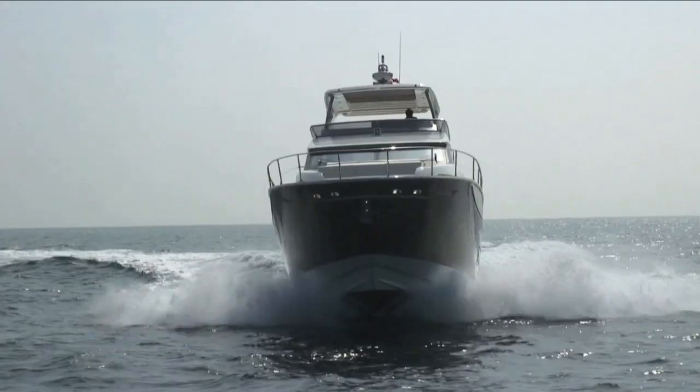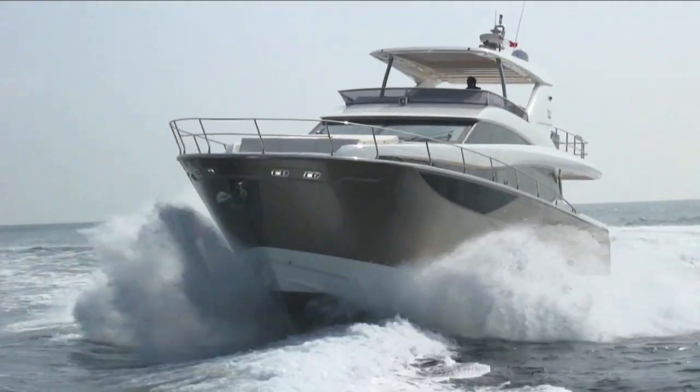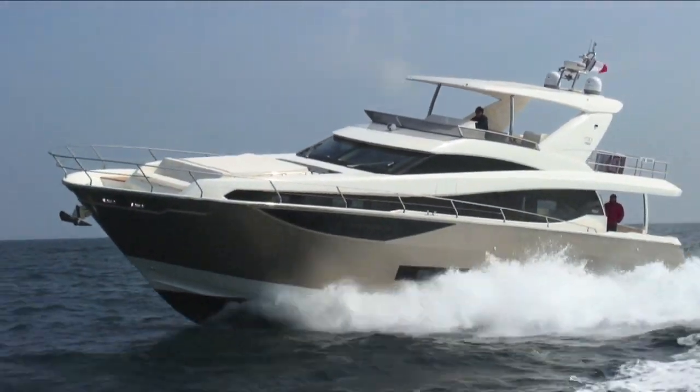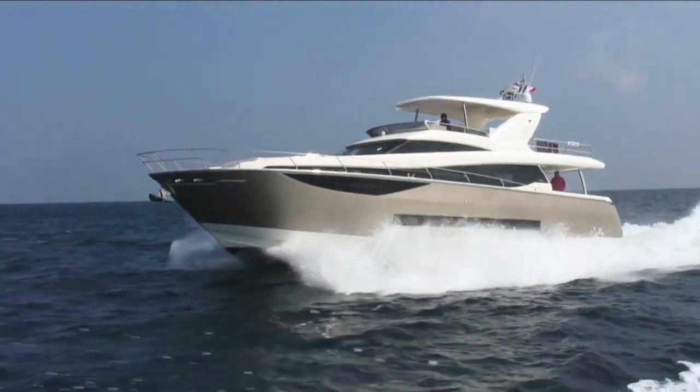We've snuck over to Cannes, or a little bit further down the road at Préjus, to test the Prestige 750, a week before its mass reveal to the press, when the world's press will be on there with their tape measures wielded. We're here early because we want to spend as much time on board as possible, because this is